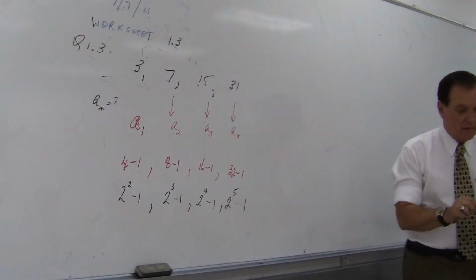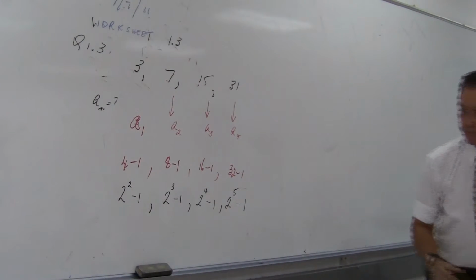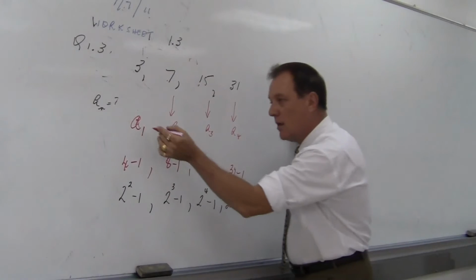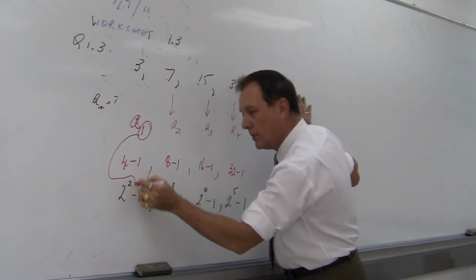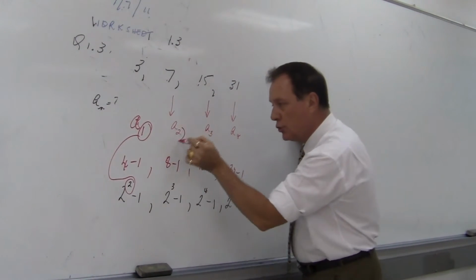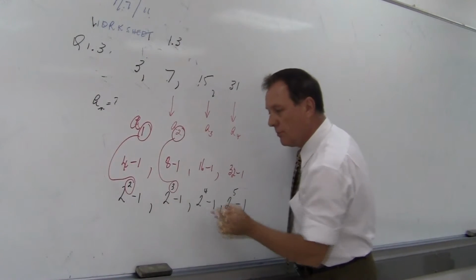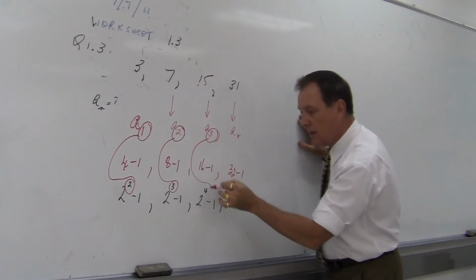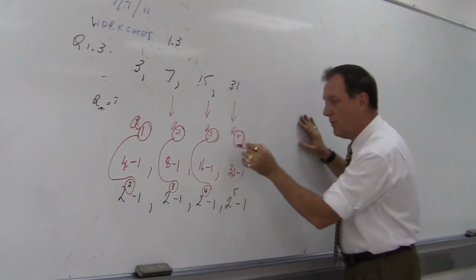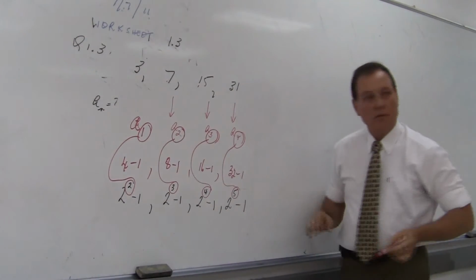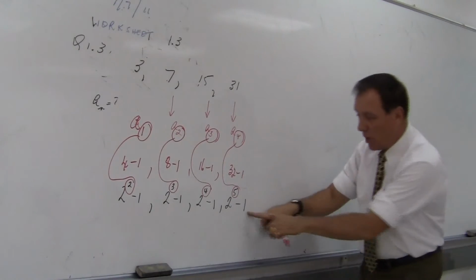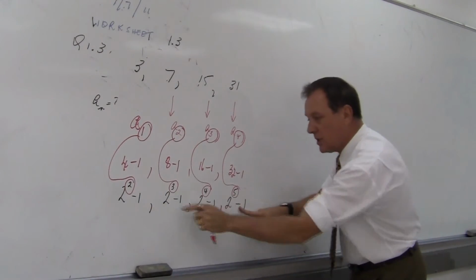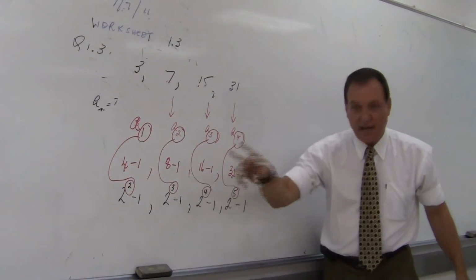Alright, now, let's have a look. 1, 2. 2, 3. Everything else is the same. 3, 4, 4, 5. See, the 1's the same, the subtraction sign's the same, the 2's the same, only the